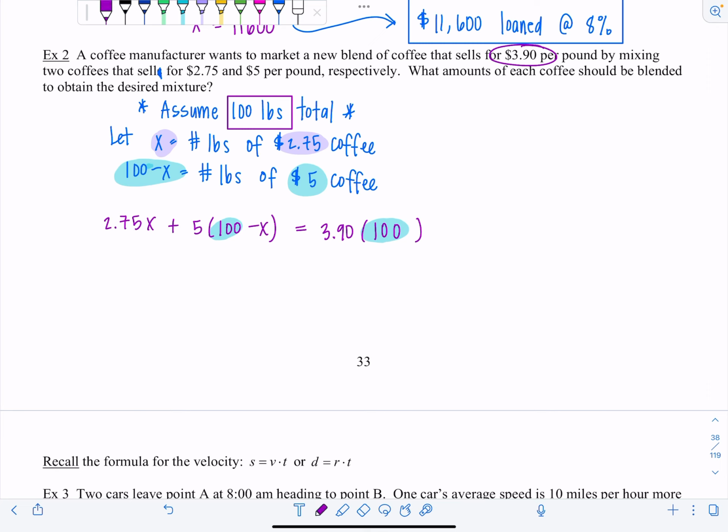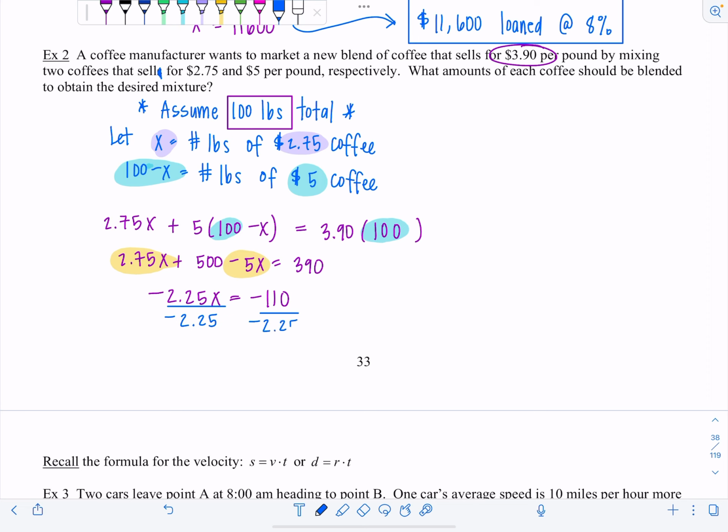Okay, so we've got 275x plus, distribute your little heart out, 500 minus 5x equals 390. We can combine some like terms, right? These both are x's, so 275 minus 5, negative 2.25x. If I subtract 500 from the other side, I'm going to get negative 110. So now I'm going to divide both sides by negative 2.25. Okay, and you get as a decimal,